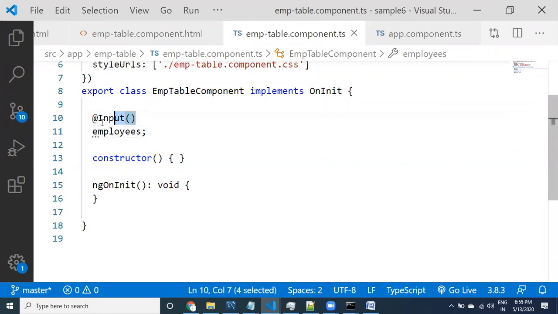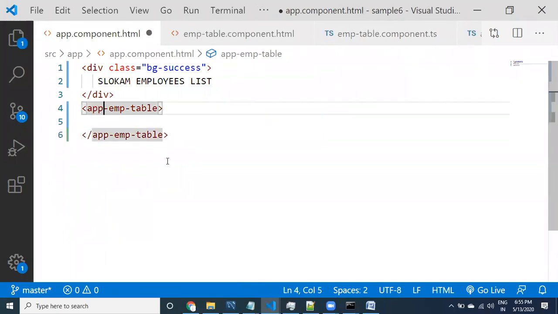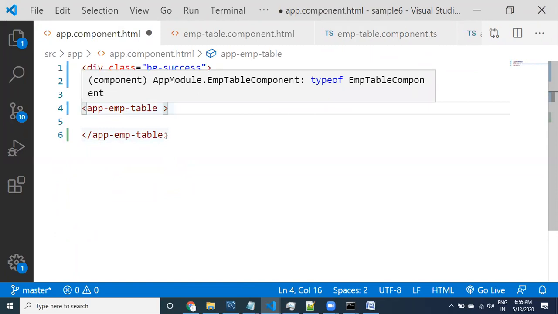Here, what is this? @Input. Remember this. This is the new concept here today. Whenever you provide this @Input, go to the HTML component. While calling the employee table, you can pass some information.